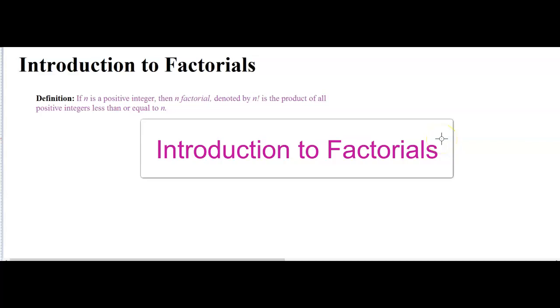Introduction to Factorials. Let's start with the definition. If n is a positive integer, then n factorial, denoted by n exclamation point, is the product of all positive integers less than or equal to n. Or mathematically,